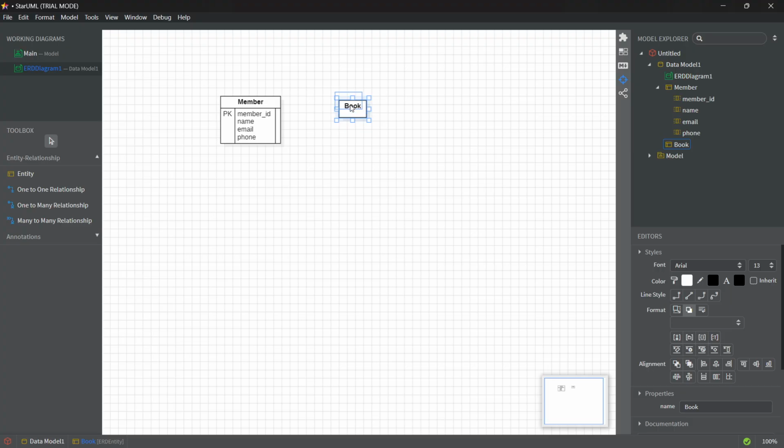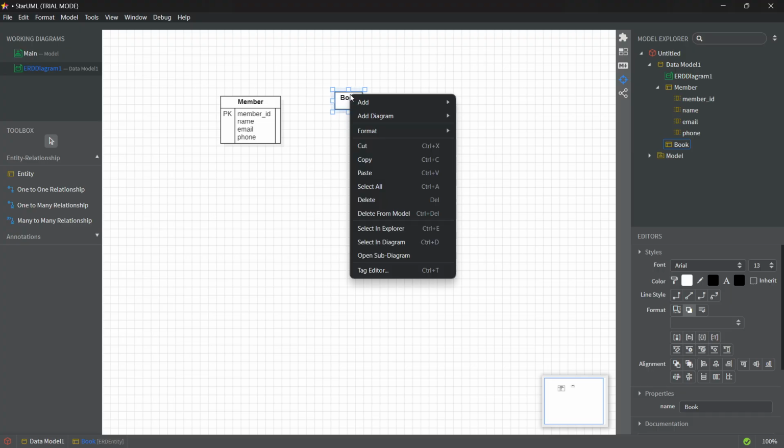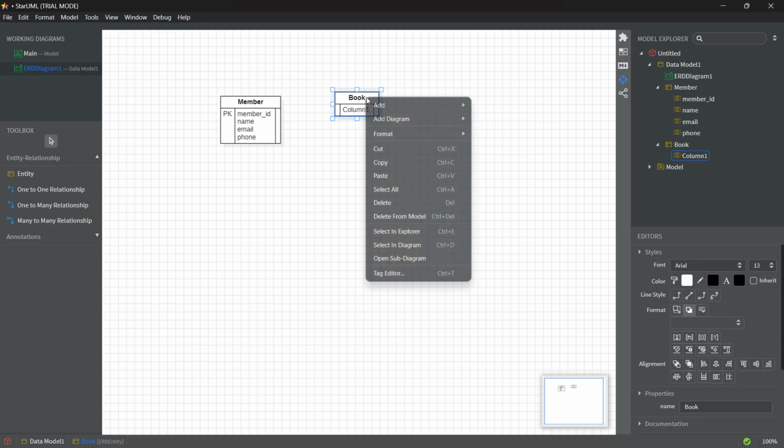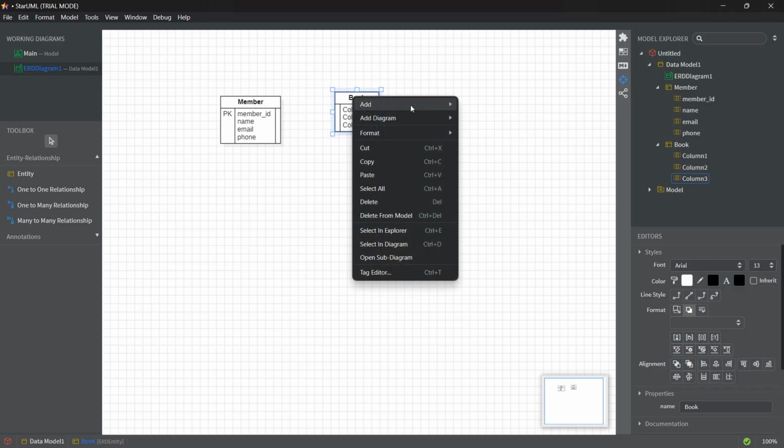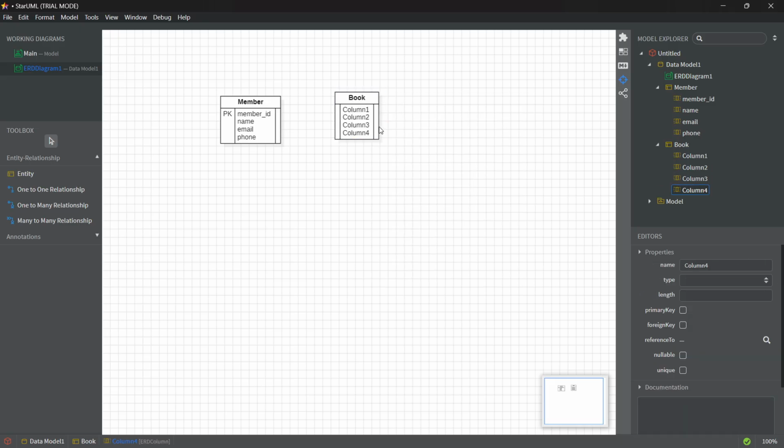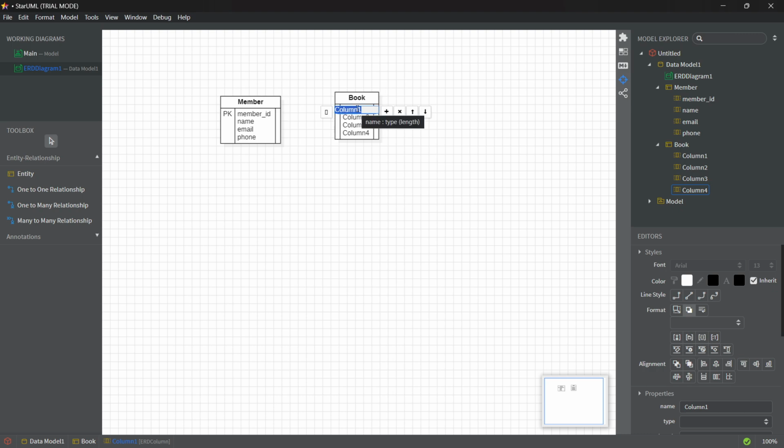Okay, and then in here, we're also going to add 4 different attributes. So right click, and then we're going to do add, and then 4 columns. Yet again, make sure you're clicking up top and where it says book or whatever you're doing for yourself. There we go. And then the first one here is going to be book ID. So book ID, there we go. And this one is going to be, of course, as you guessed, the primary key,